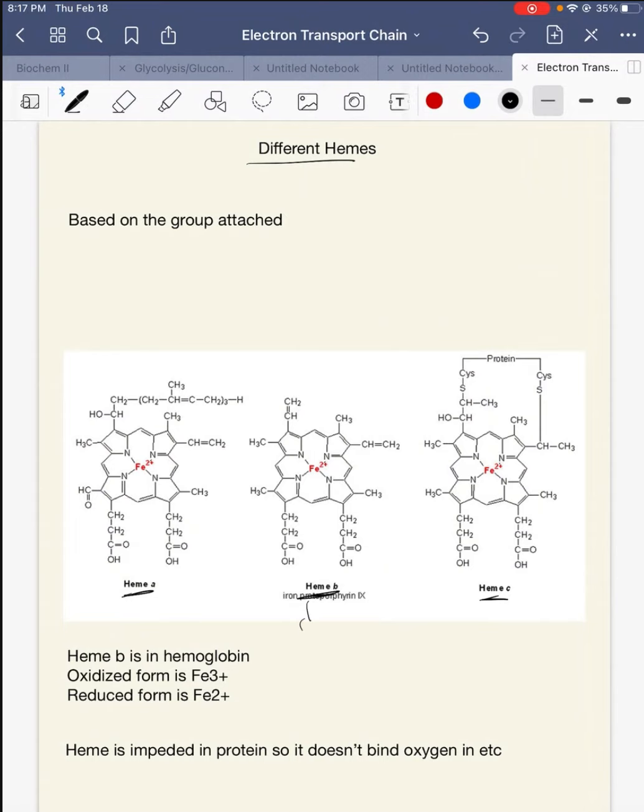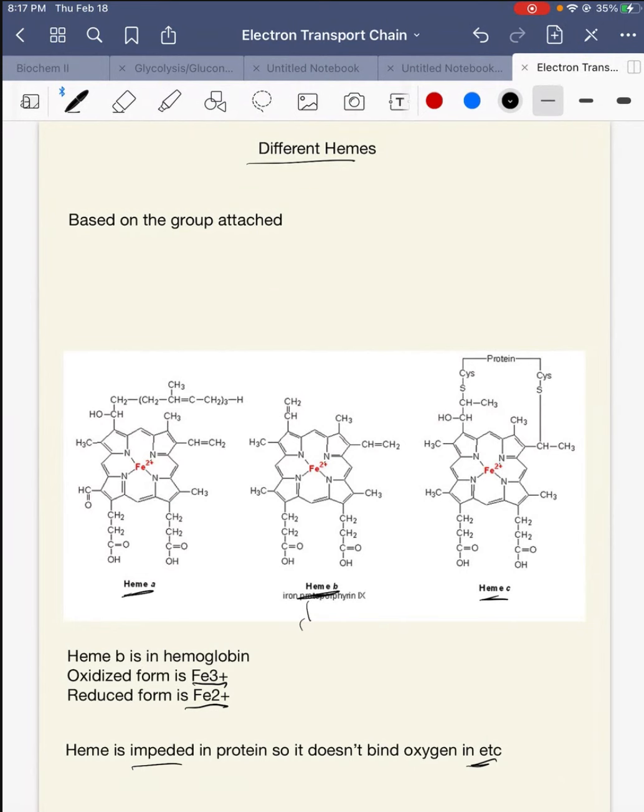The oxidized form for all of these is whenever the iron has a +3 charge, and the reduced form is whenever the iron has a +2 charge. The reason these hemes don't bind oxygen like they do in hemoglobin is because they're embedded inside the protein, and that's why they don't bind oxygen in the electron transport chain. Otherwise they would mess up everything,